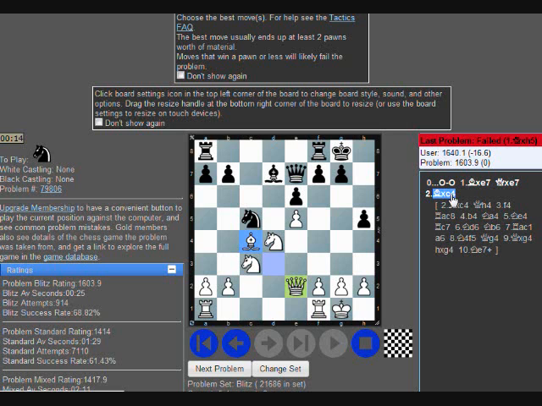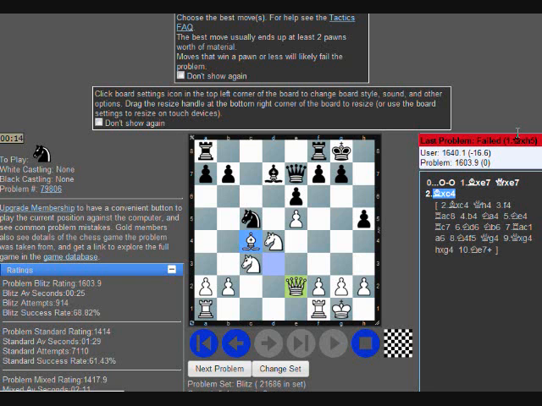Sometimes the positions are from real games, but they're very tricky in that one or two moves seem like they both may be equivalent, but there's a very specific reason why one move is better than the other. By going through these problems, I found that I become much more accurate in my calculation when I'm playing my games. So just to get back, what I do is I look at the move,